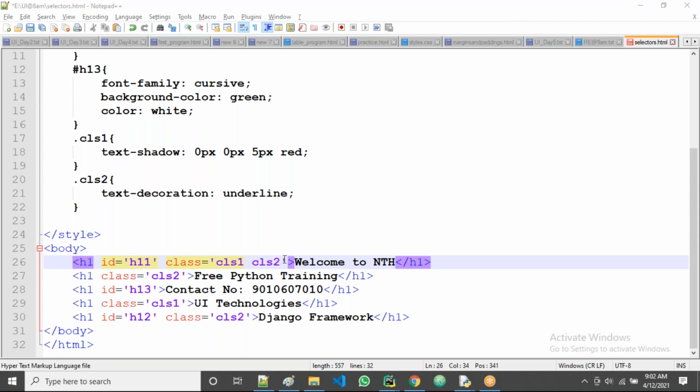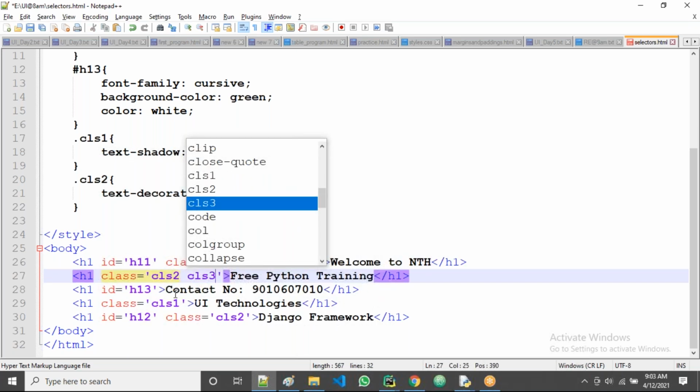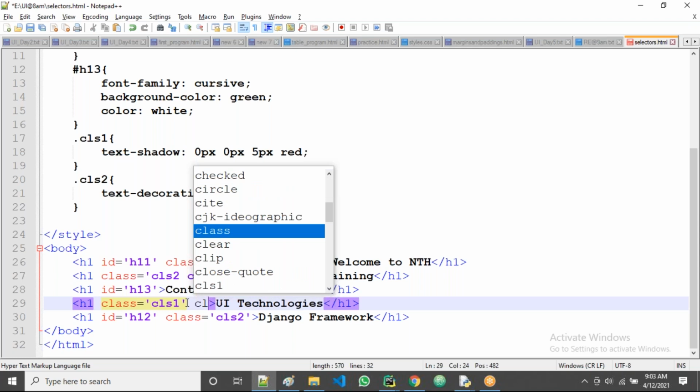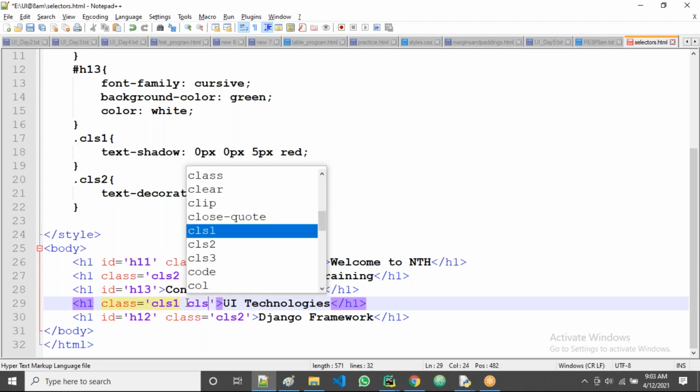Yes, here only in the course take the space, CLS3, that's all. Next one again Python, right? Here also the class is there already. Then again space CLS3, that's all. Again I want for UI, right, guys? Again here also the class is there already. Again CLS3, that's all, guys.